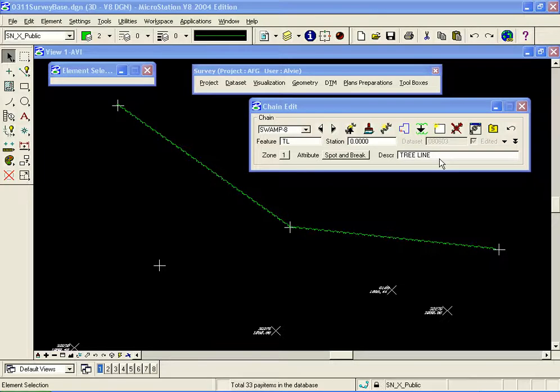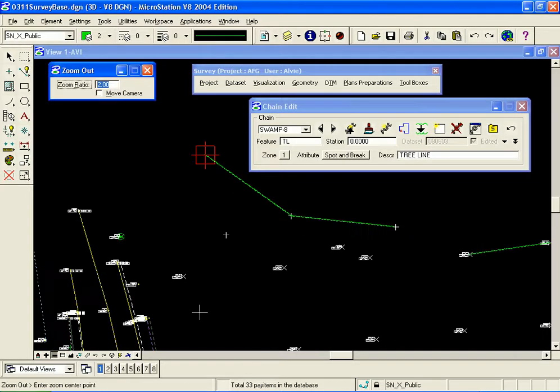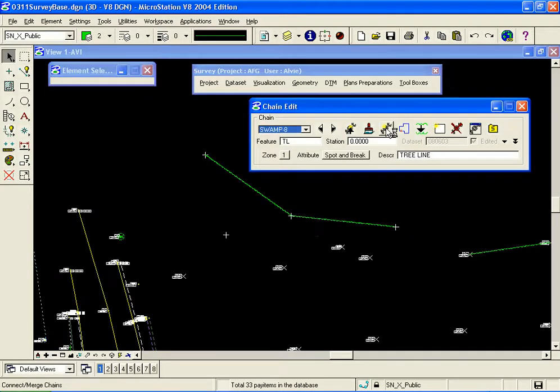Now let's go ahead and merge this Swamp 8 chain with another tree line. They should have actually been connected in the field, but they weren't. So let's go ahead and fix that here in the office. I'll go ahead and zoom out in MicroStation a step, go to my merge chain icon. I'll click the merge chain icon, and you'll see down in the status bar that I'm prompted to identify my